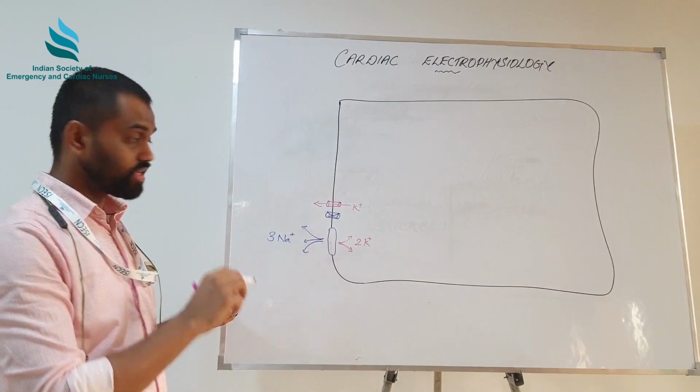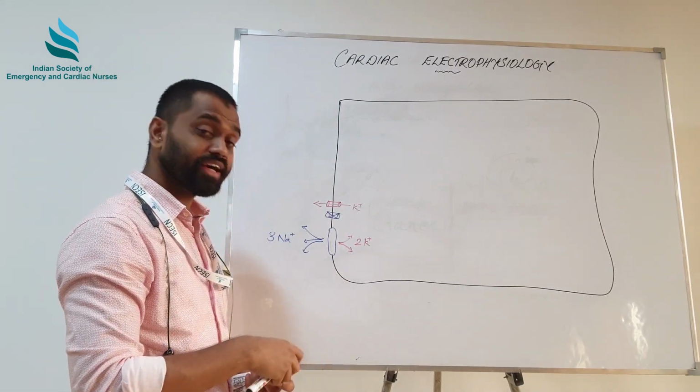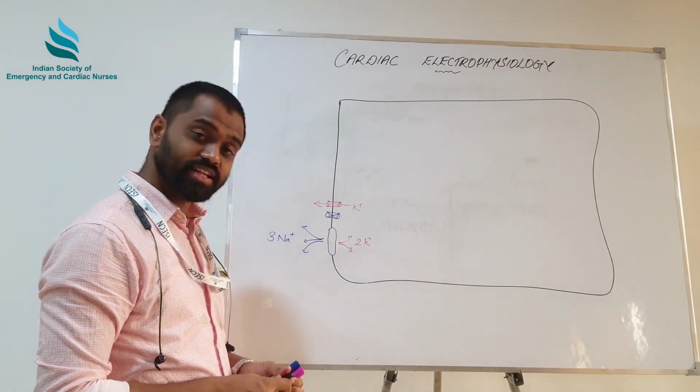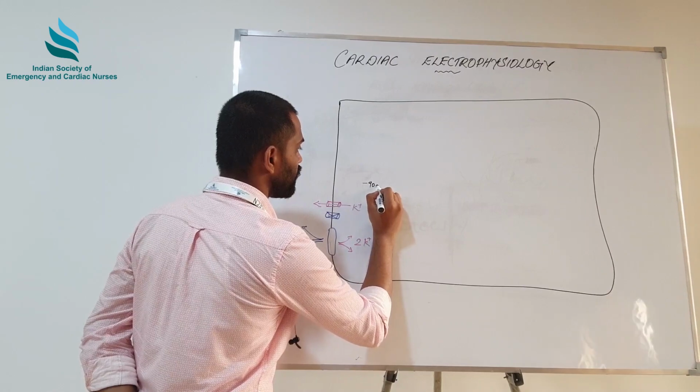So altogether this creates the resting membrane potential, a negative voltage state inside the cell, which is minus 90